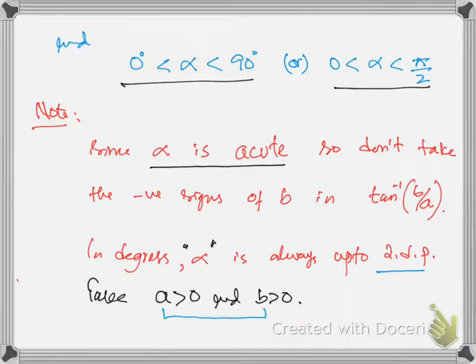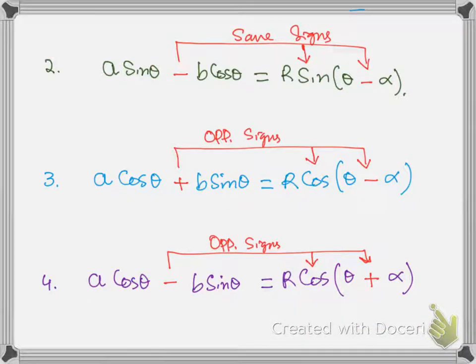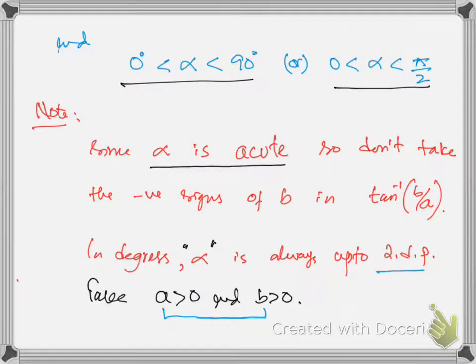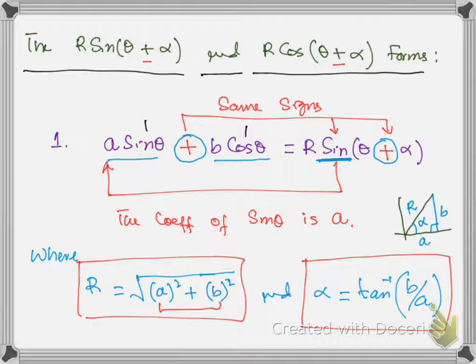When we have cos here, like in the last example, number 4, then we have opposite signs. So you can learn these formulas as: when we have cos theta here, then we have opposite signs. When we have cos theta, like in number 3, then we have again opposite signs. But when we have sine here with r, then we have same signs. So if you want to learn these formulas, you can learn in this way. By the way, you don't need to learn these formulas. They will always be given in the exam by the examiner.